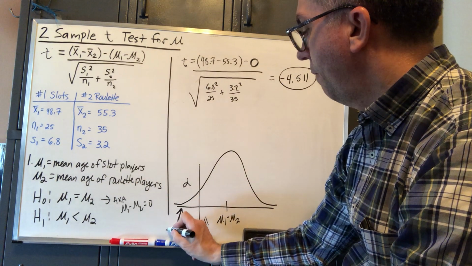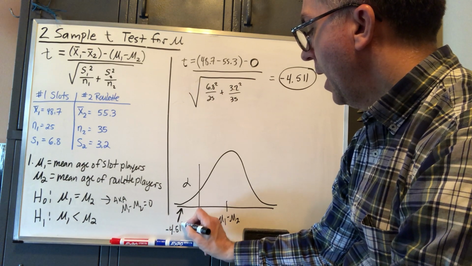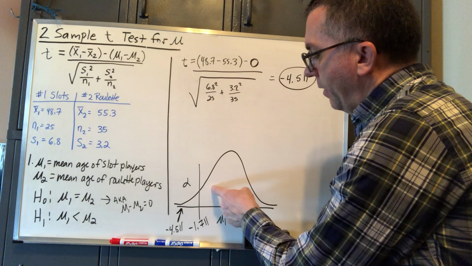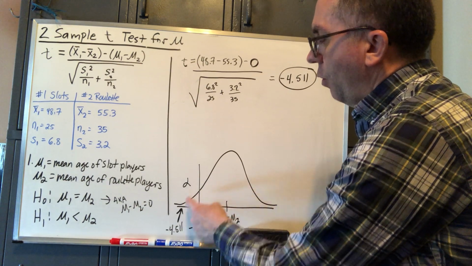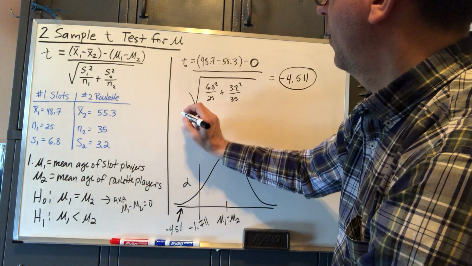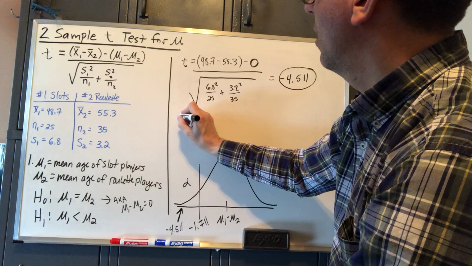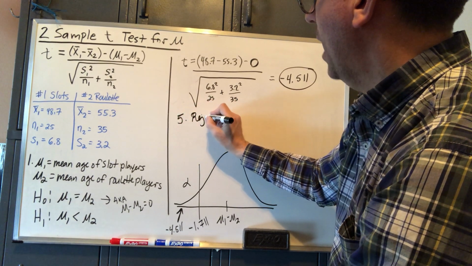All right, so negative 4.511. Hey, look where it ended up. It didn't end up in the safe area, it ended up in the rejection area, okay? So we're going to reject. So what does reject mean? It means the null hypothesis is where we are saying, based on the sample, it's not true. So reject